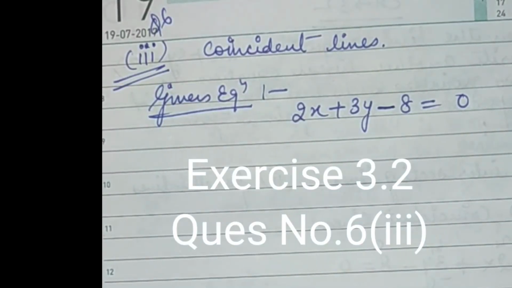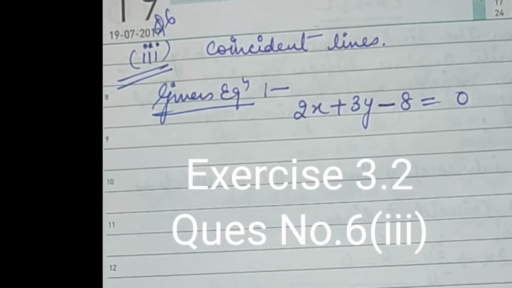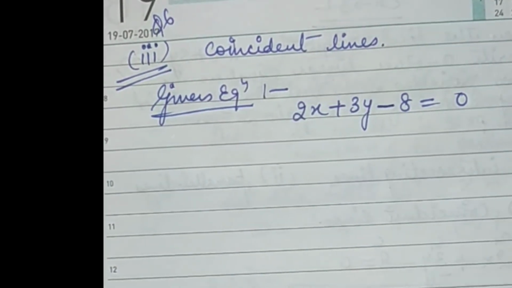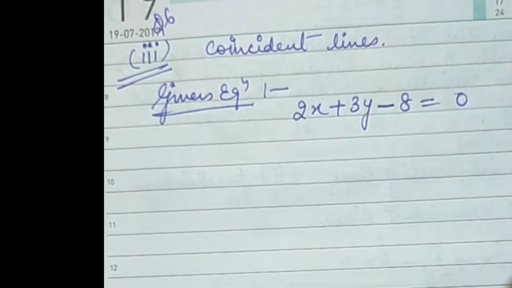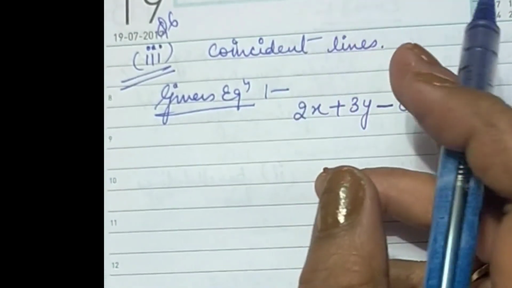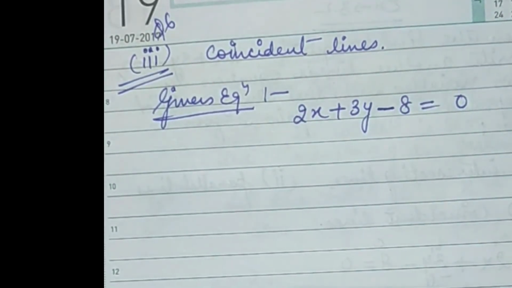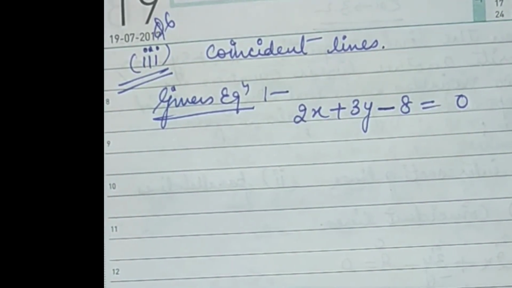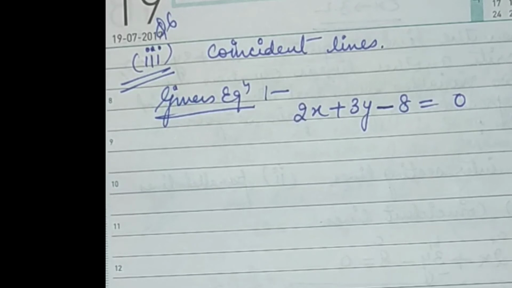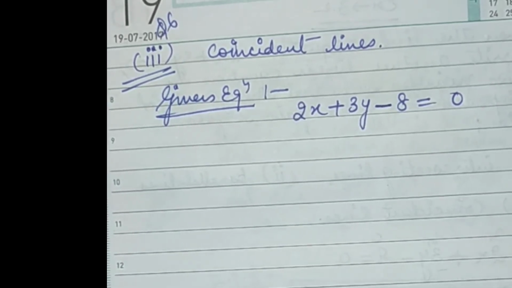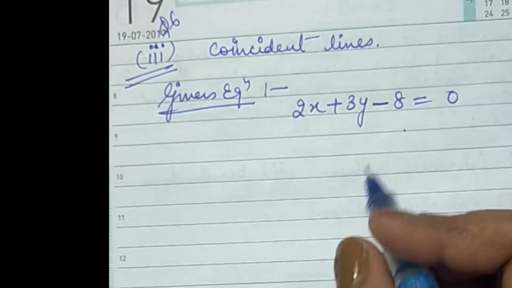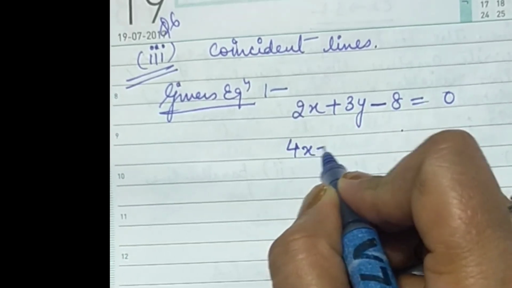Now the third part of the same question. Now we have to write down the equation which will coincide with the given equation. So here is the given equation, 2x plus 3y minus 8. When will the lines be coincident? As I have told you earlier also, coincident lines means there is no separate line. All the solutions of both the equations will lie on the same line. So I have to make all the ratios equal to make them coincident lines. You can take double of it, you can take triple of it.